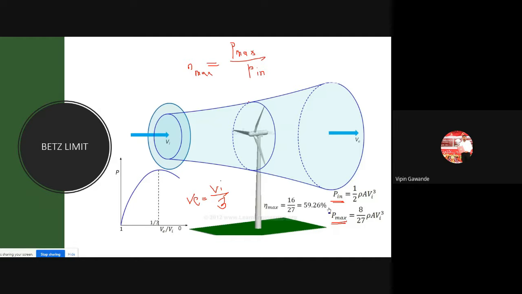If we divide P max, 8 by 27 rho A Vi cube, by half rho A Vi cube, the other things get cancelled, and we get 8 multiplied by 2, 16, and 27. So we get 16 by 27,